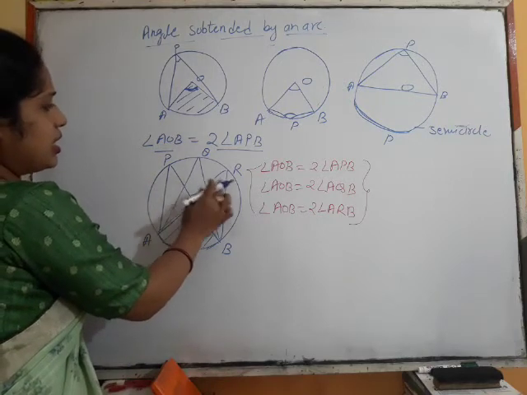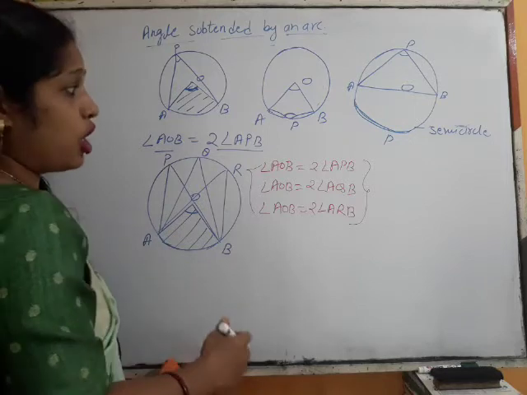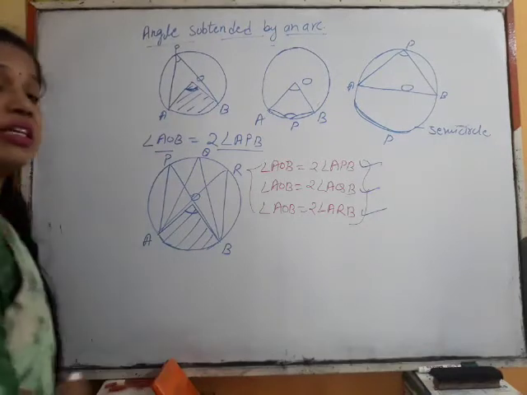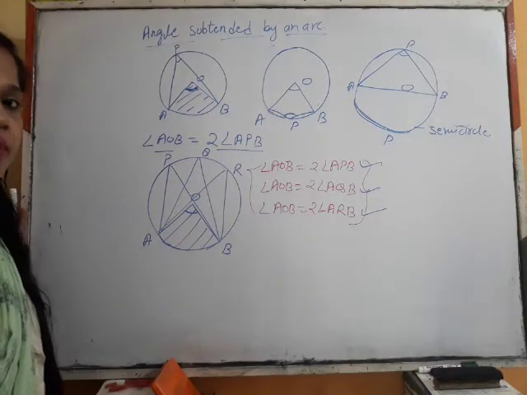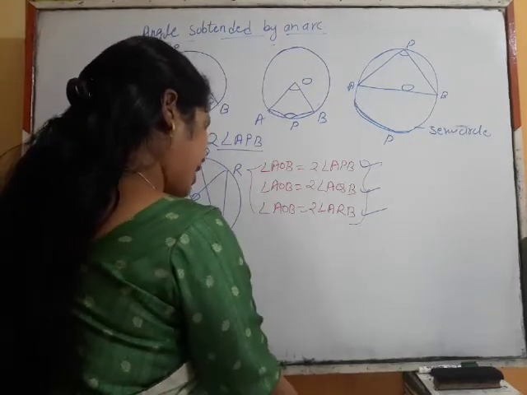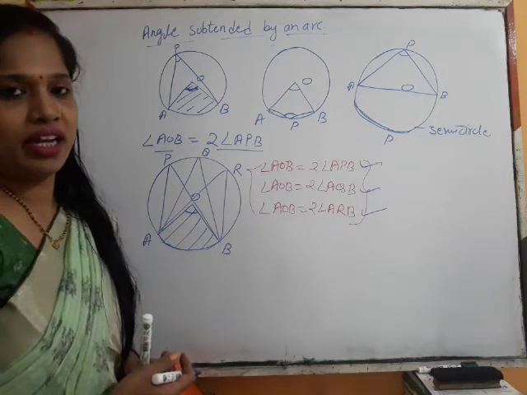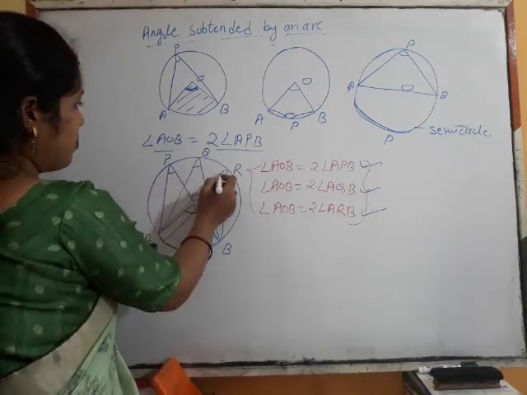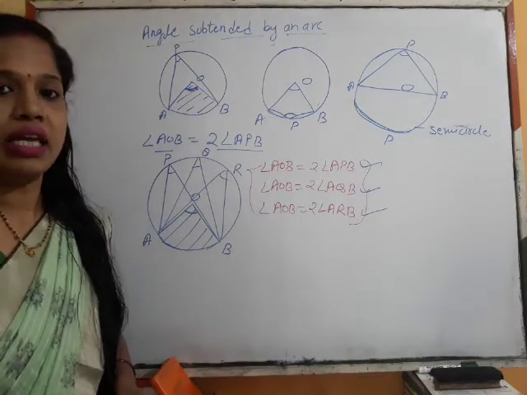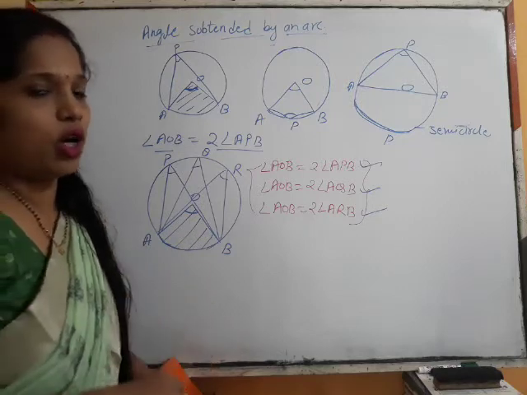These are the angles which are on the same sector, or we can say the same segment. So these are angles in the same segment. This is our next theorem also. Angles in the same segment of a circle are equal, which is theorem 10.9. All the angles which are in the same segment will be equal. So this result also we will use in our exercise. We will recall it.